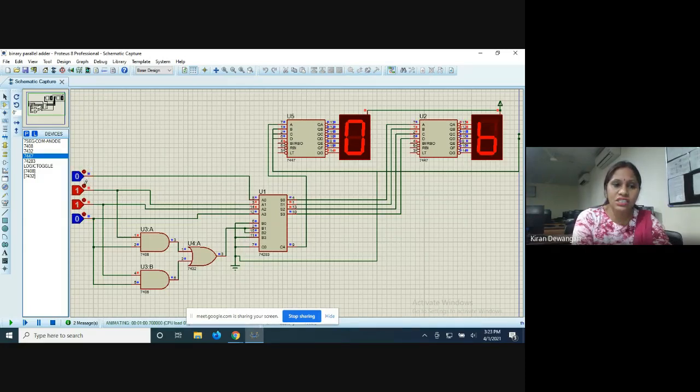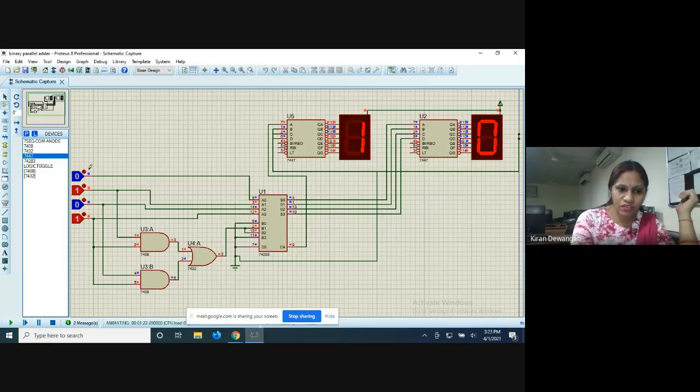Now let me turn all to 0 and just turn this one on. A3, it's 1 0 0 0, it is 8. Now if I give 1 0 0 1, this one is 9. Now if I give 1 0 1 0, now see, we can get this output. The final output, this particular display is showing 1 and this is 0. So that means the circuit that we have designed is a correct circuit.